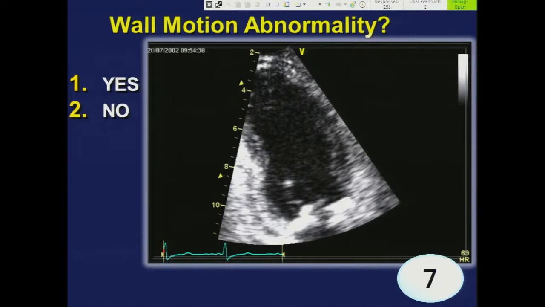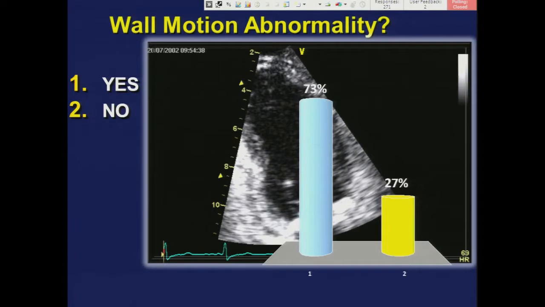It won't play in the... you had to look at it before the questions came up. Okay, so